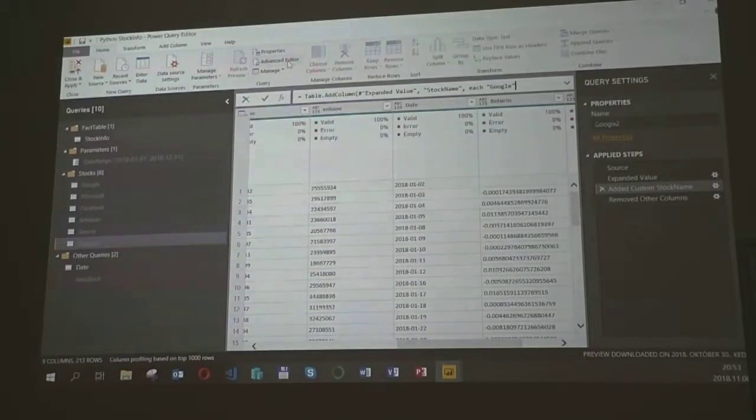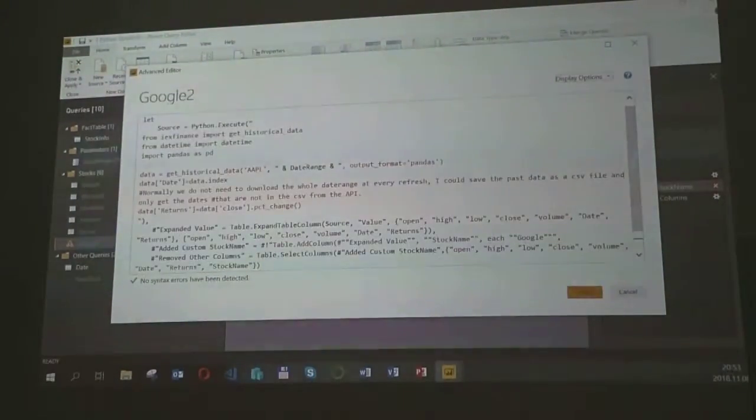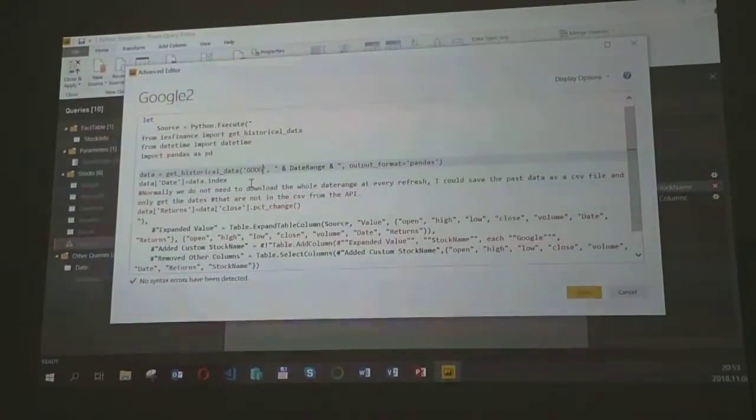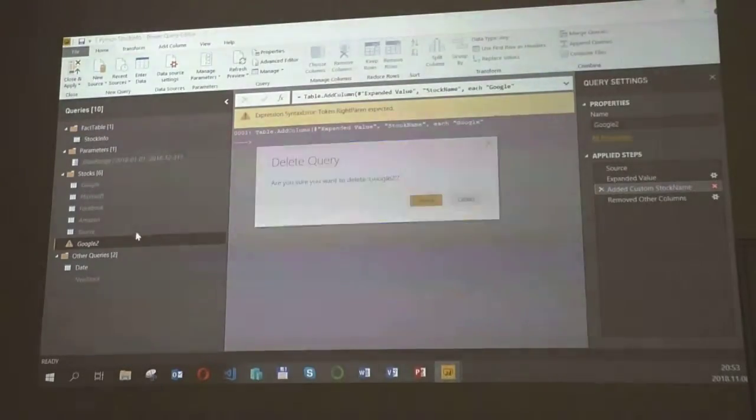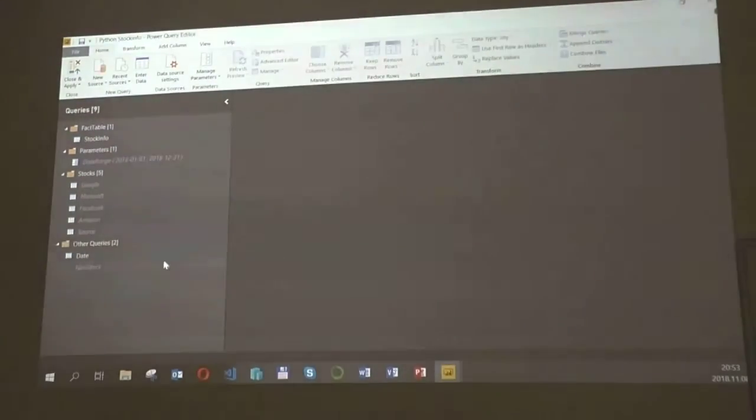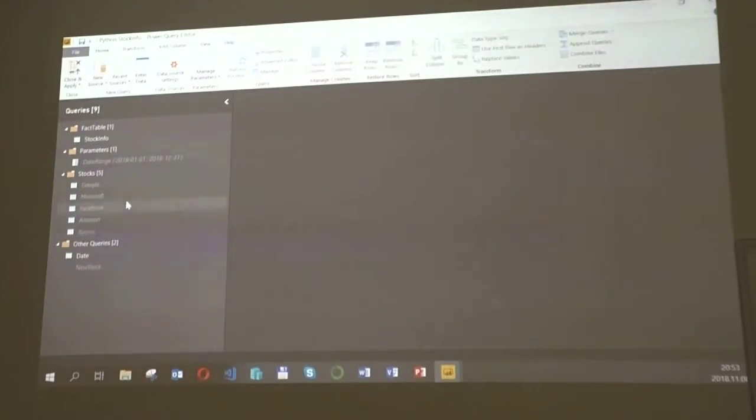And in the query editor, you change the ticker to GOOG. Okay, and yes, I have a typo there. It doesn't matter really. So, yes, that's the way to create all of these.